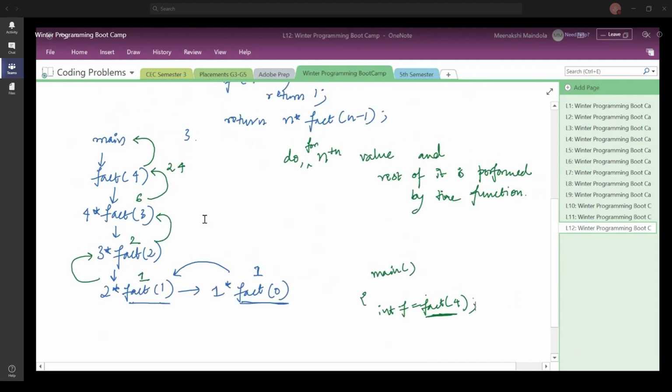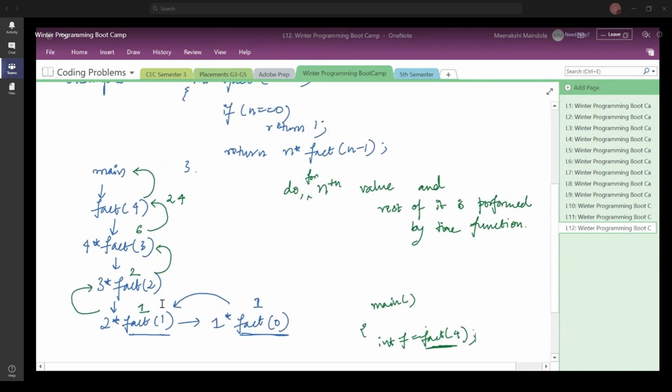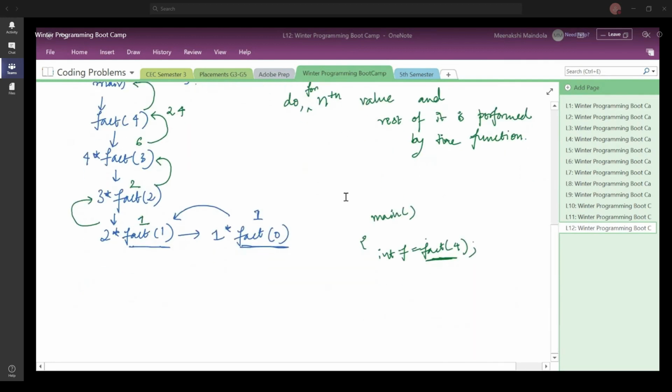So the same thing happens here as well. Any function that you have called is going to return its control back, right? So that is why you go back with the return values. These are simply return values that you give back to the calling function.